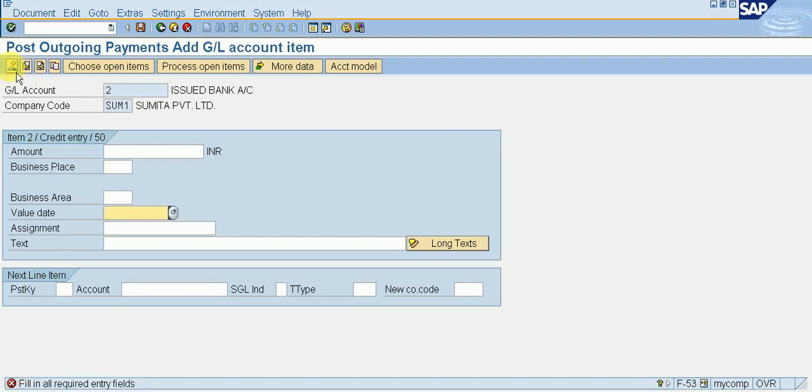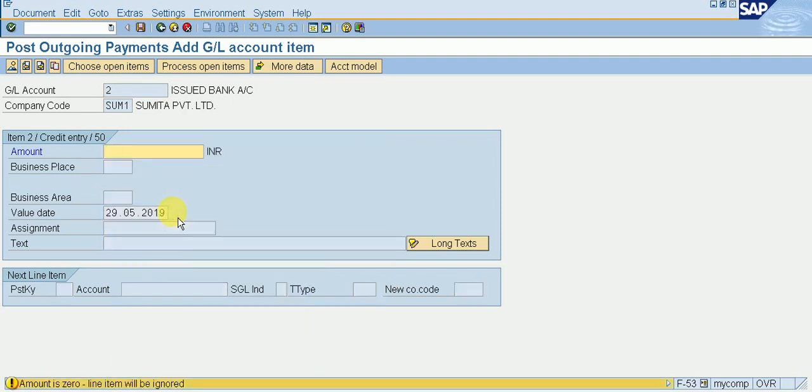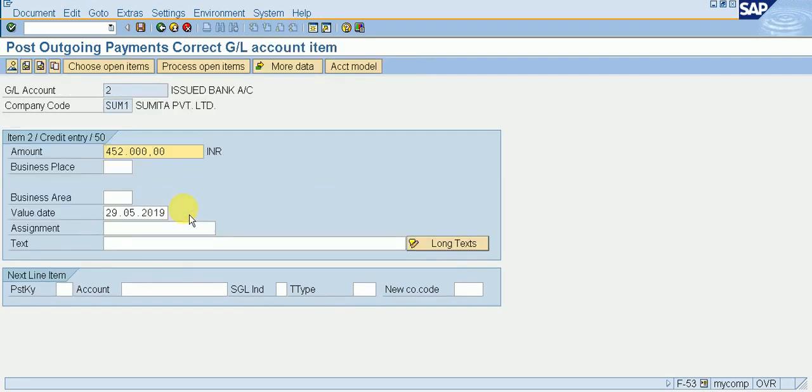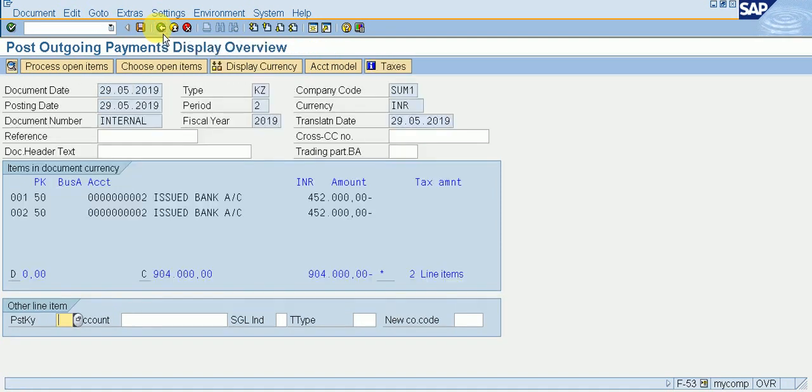It's red. It's showing me, why is it showing me double?